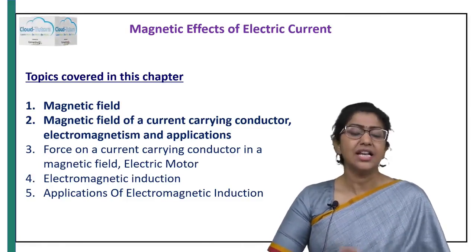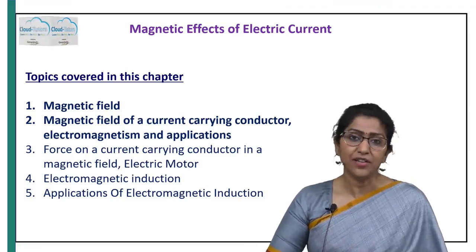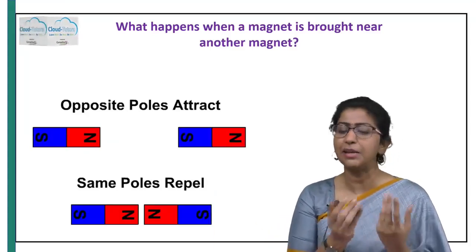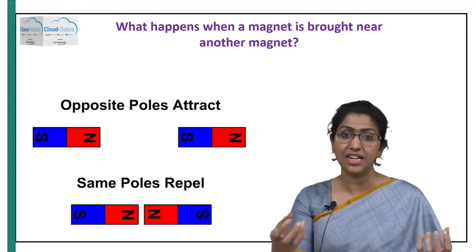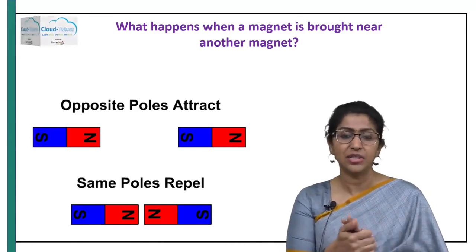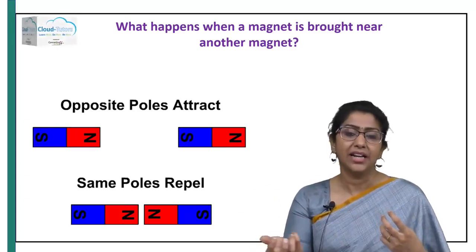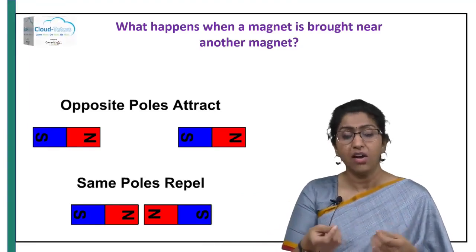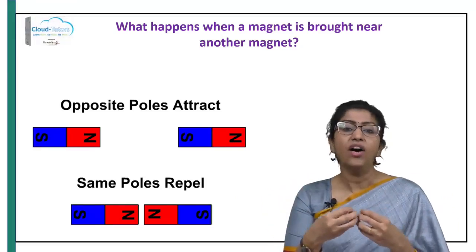So in today's session, let's try and understand these basics and then move on to the magnetic effects of electric current. Alright, so I'm sure all of you would have seen a magnet. All of you would have been fascinated how it works and how it attracts certain objects, right? And I know I was, as a child, fascinated how a magnet works. So when you pick up a magnet and bring another magnetic substance such as an iron nail or even a safety pin or another magnet, what happens? You see that it either attracts or it repels.